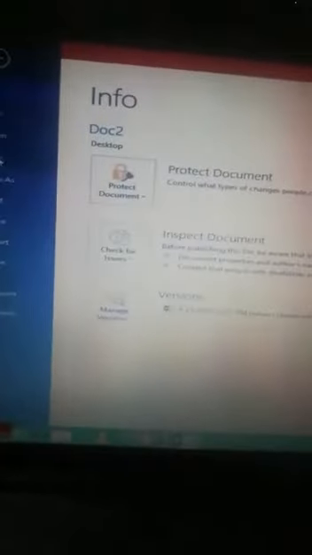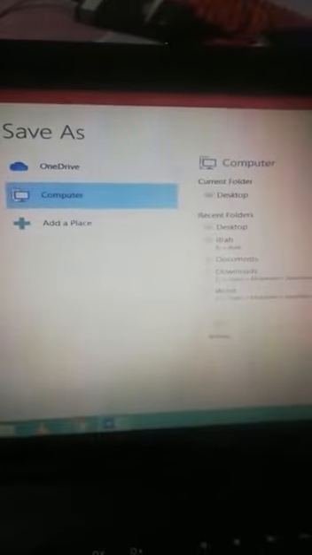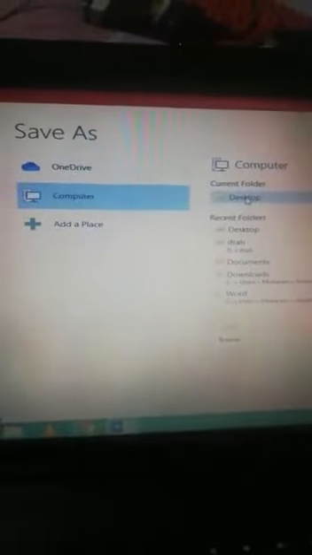Now we move to the second part of our practical, in which we have to name the document and save it on the desktop. So you can go to the file menu. There is an option of save. Click on save. Save as, where you want to save.